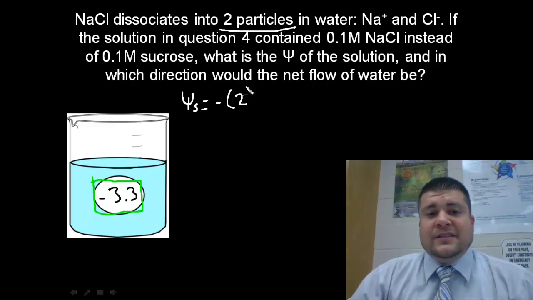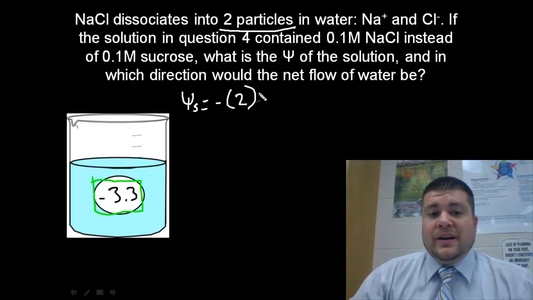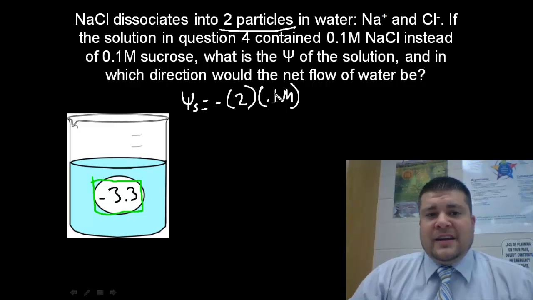And so because it dissociates into 2 particles, we have to put a 2 there. And then we have the same thing, because if the solution in question 4 contained 0.1 molar NaCl instead of 0.1 sucrose, what is the psi of the solution and what would the direction of the water be? So we just say the same thing,